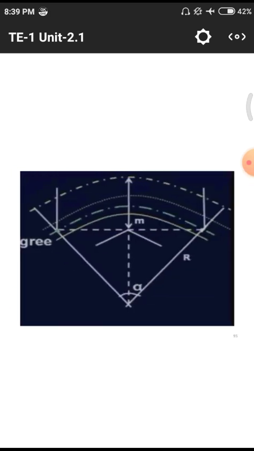This is the radius of the curve r, and we have the increased distance d. This is the typical example showing all those r values, d values and m values. By using those three we find m equal to r minus d into cos alpha by 2. Alpha is the angle, cos is the trigonometric function, and d is the distance.